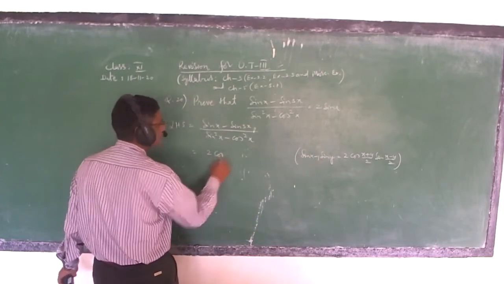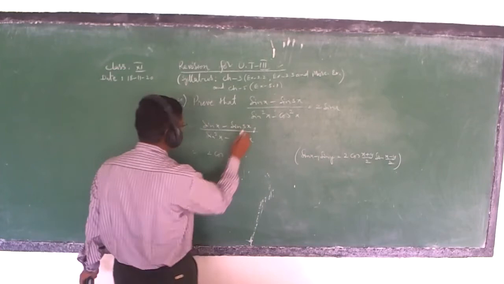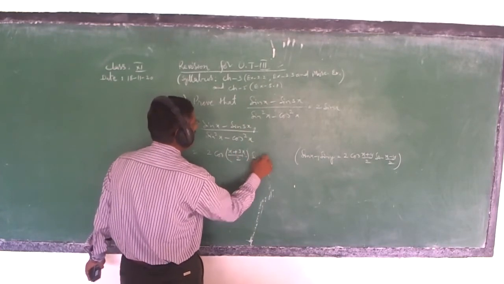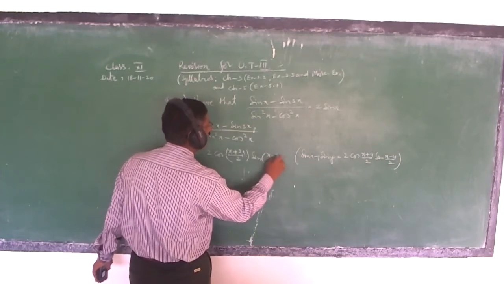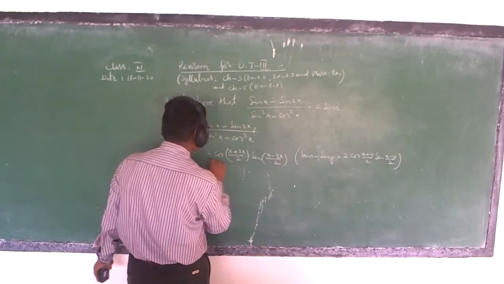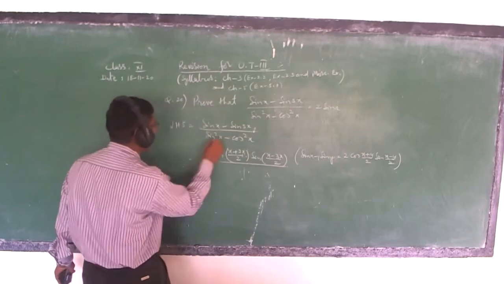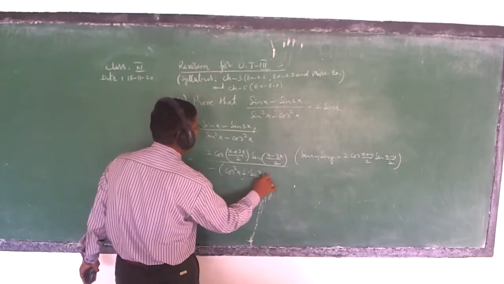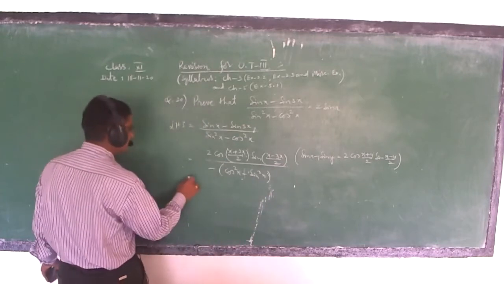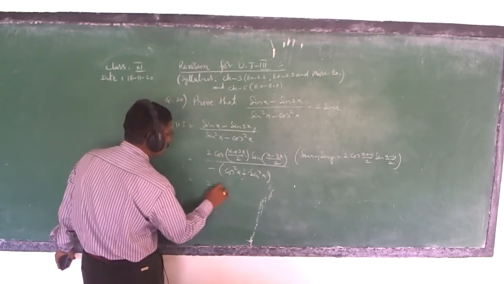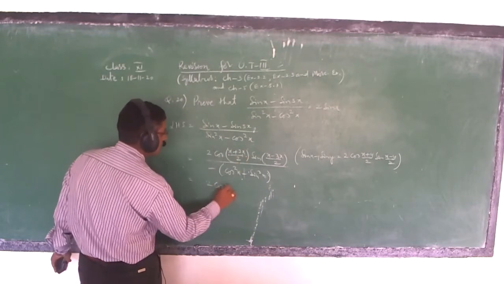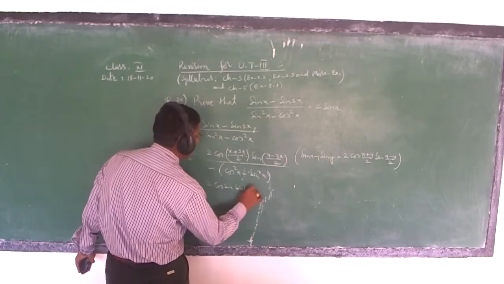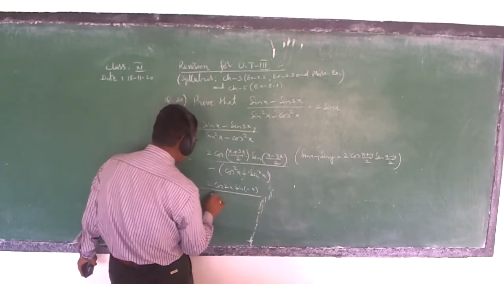So taking x equal to x and y equal to 3x using this formula, what do we get? 2 cos (x plus 3x) by 2, sin (x minus 3x) by 2, whole divided by, take minus common in the denominator, minus of (cos square x minus sin square x). Now 2 cos 4x by 2, that is 2x, and sin of minus 2x by 2, sin minus x, whole divided by minus.